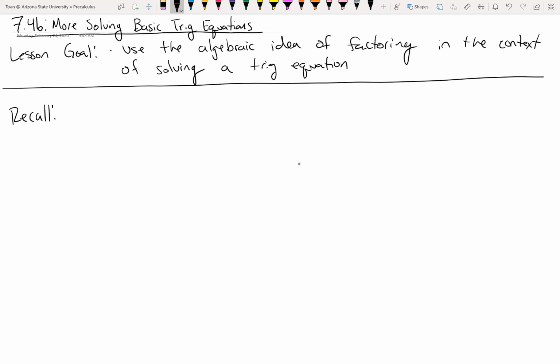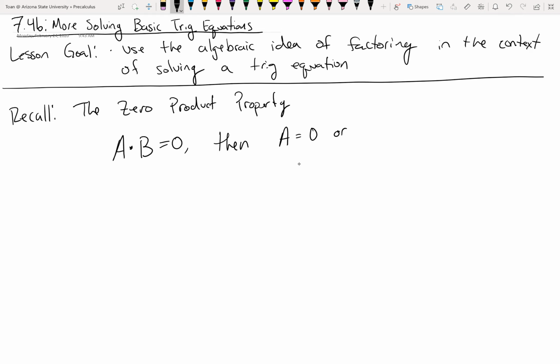So recall from, I don't know, Algebra 1, the zero product property. The zero product property states, over the field of real numbers, which is what we'll be working with, if you have a multiplication problem and it equals 0, then either the first factor equals 0 or the second factor equals 0. And this is a very useful thing for us when it comes to solving, because it allows us to break complex or complicated looking equations into smaller manageable pieces, assuming, this is a big assumption, assuming you can factorize